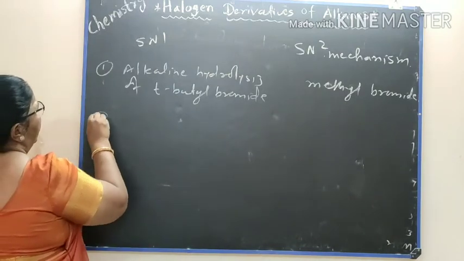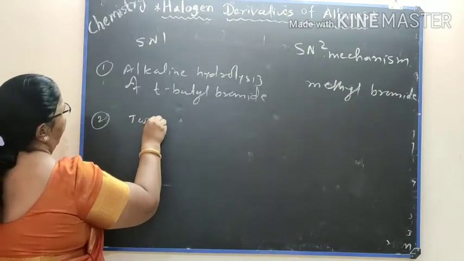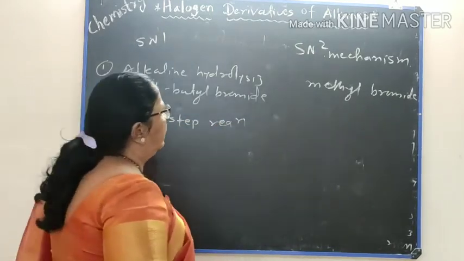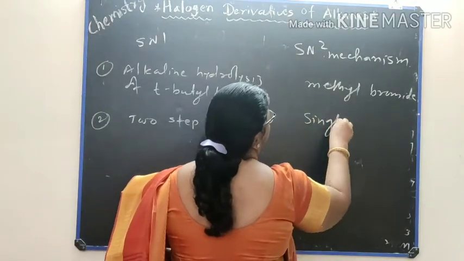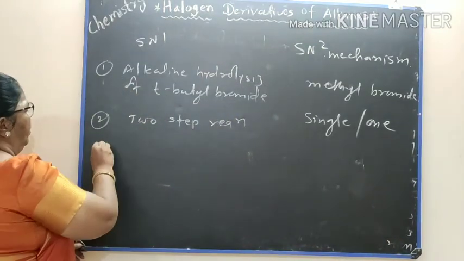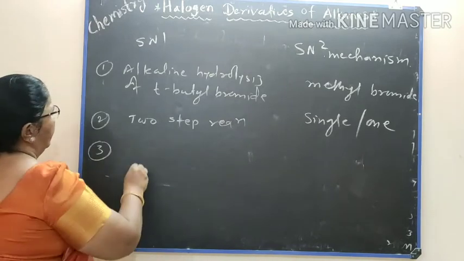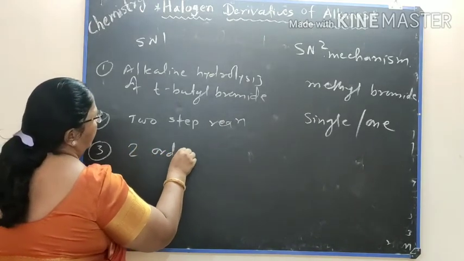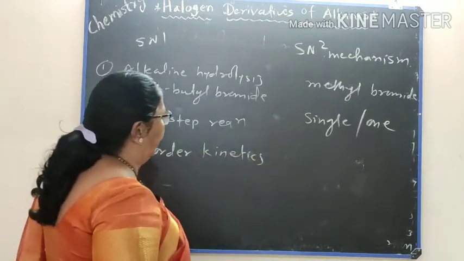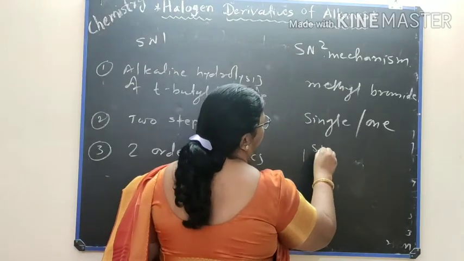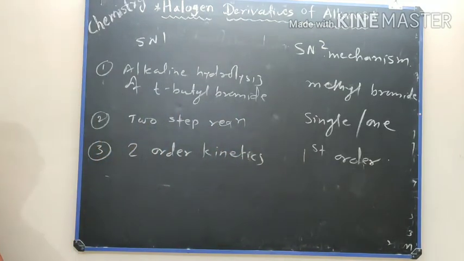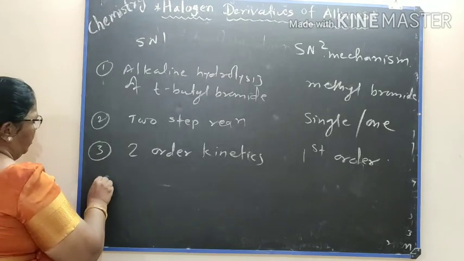Again, SN1 is a two-step reaction, but SN2 is a single or one-step reaction. Third, SN1 is first order kinetics reaction, and SN2 is second order kinetics reaction. Again the fourth one,